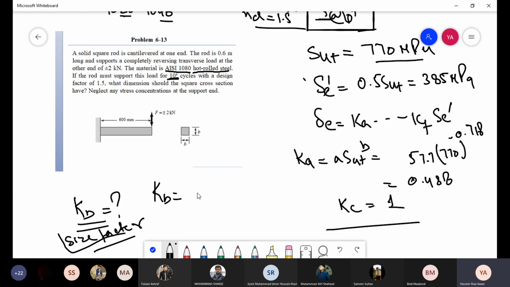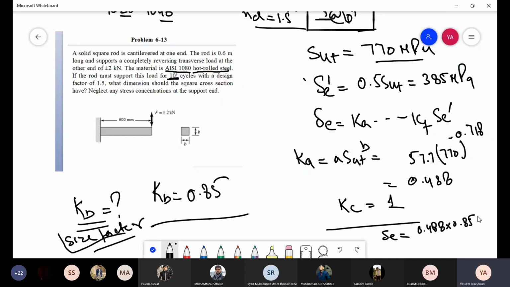Okay. So at the moment we assume some value, so 0.85 is a typical value. This is the range 0.8 to 0.9 that the size factor usually is in. So we just assume 0.85 and we will see what is the actual size factor when you have the dimensions for this problem. Okay. So KB is equal to 0.85, so that gives you the SE value, so 0.488 multiplied